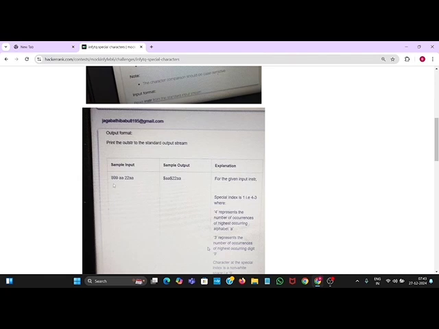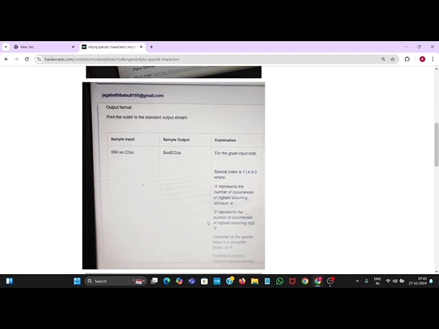Here the input is 999 space AA space 22AA. Here we have to consider two cases. One is the alphabet case and the other is the digit case. For the alphabet case, there is only one alphabet, A, which occurs 4 times. So the number of occurrences of the highest occurring alphabet A is 4. Also, we have to consider the digit case. Here we have two digits, 9 and 2. 9 is repeated 3 times and 2 is repeated 2 times. Out of these two, the maximum is 3.